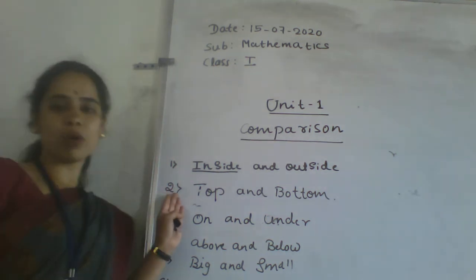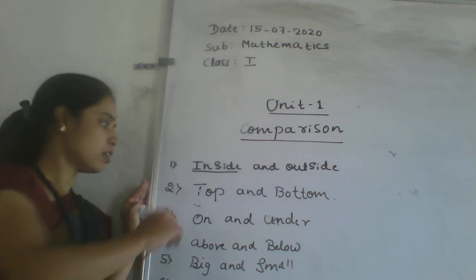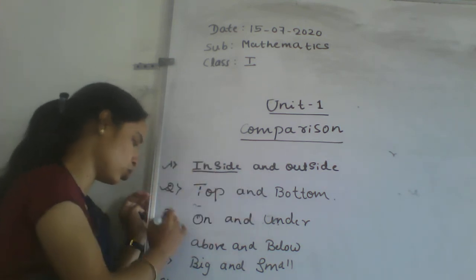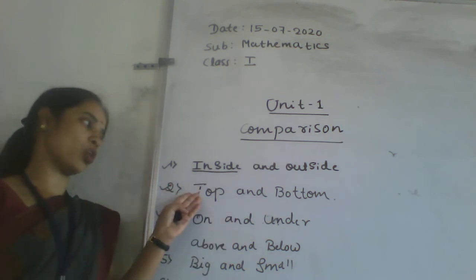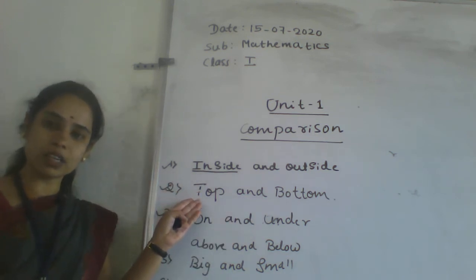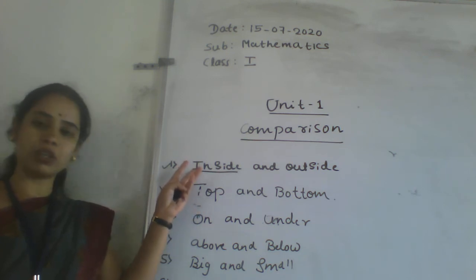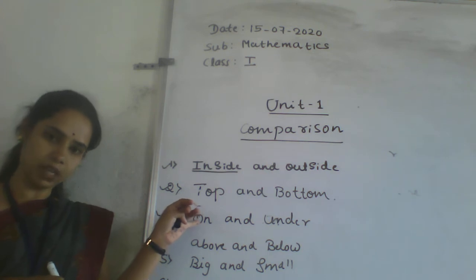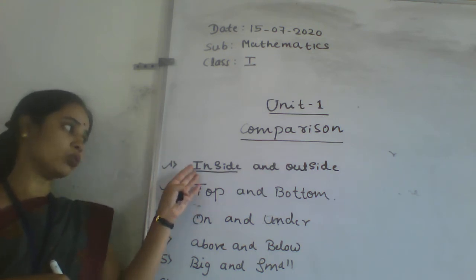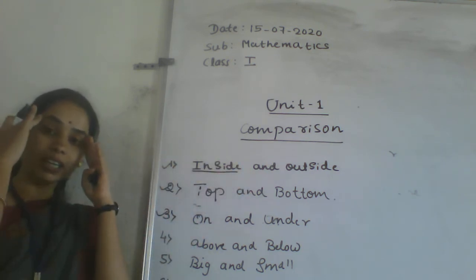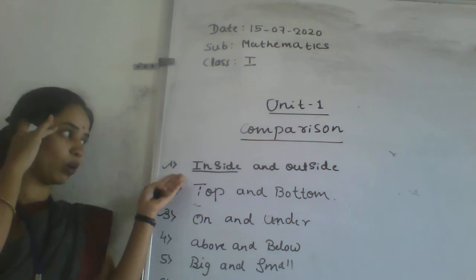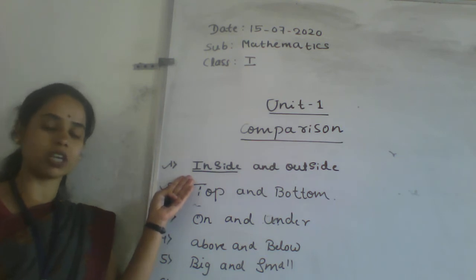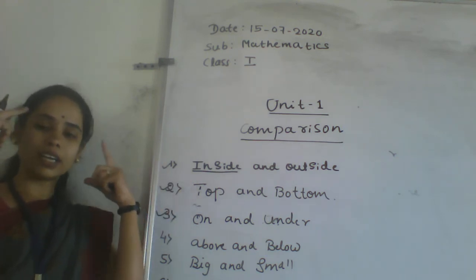It's just an idea about the differences between things, right? First one we have studied inside and outside. Second one we have studied top and bottom. Third one on and under. For top and bottom I have given you ring as an example. For this one I have given you circle as an example. Then for this one I have given you table as an example, right? When I said these two words, you have to keep in mind this circle. Ma'am said like this: inside for this, outside. Suddenly you may get an idea.